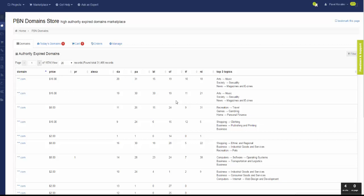And of course they do it in correlation with the search ranking one way or another, so there's some level of correlation showing that the higher the value of those metrics, the higher the chance that this domain will be ranking in the search results. Of course the domain metrics are only one part. There are other parts, like relevant content and so on, but again, let's stick to the